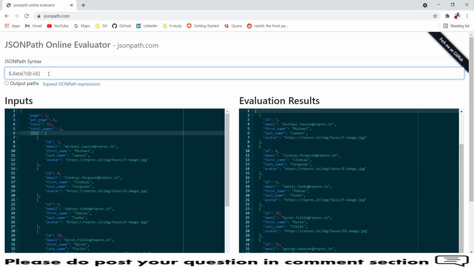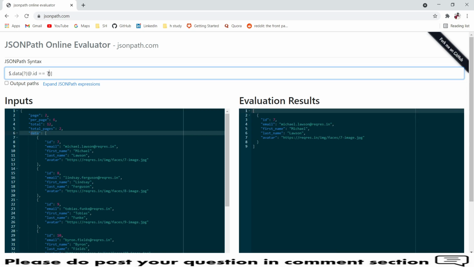Like, I wanted to retrieve IDs. So you will see all the IDs coming here, but I wanted to retrieve an ID which is equal to 7. So it will get my 7th ID. So what if my ID changes? I'm expecting a particular employee in the response, for example Ramesh having an ID of 1234. I wanted to see who has the ID 1234 in the response. Then you can write this query to retrieve that information.